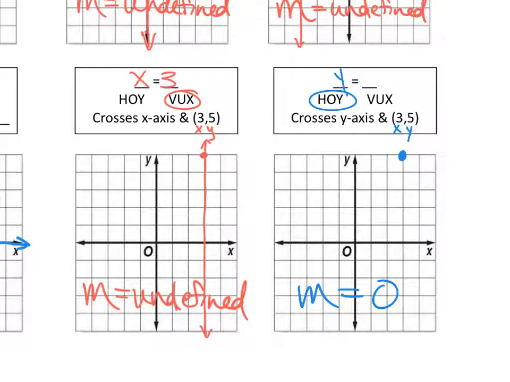But it goes to the point 3, 5, and if it's a flat line that goes through this point, doesn't it have to be up here? Yeah. And what's that y value? At every point along this line, the height or the y value is 5. No matter where I'm at, it's always 5. That's what this equation tells me. Okay. Now, we're going to call notes it for today, but before you put them away,